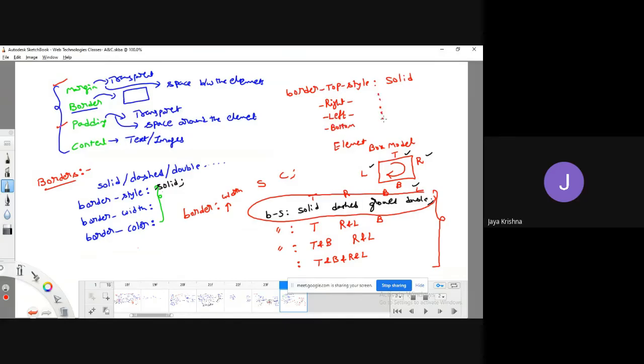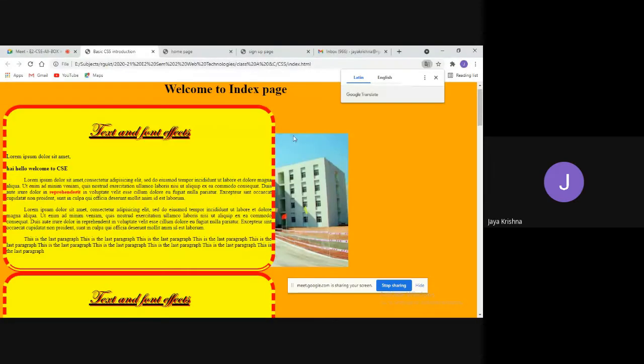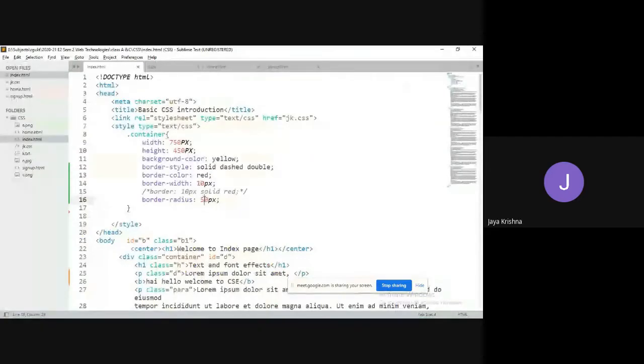If you don't want some kind of border in a particular location, then I can go for border-left-style colon none. Then at that side you won't get any kind of border. Observe. Instead of defining like this, I would like to define only border-top-style.